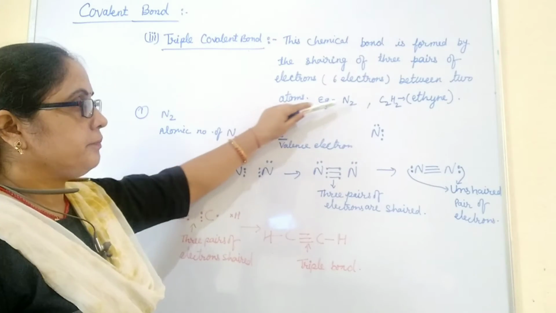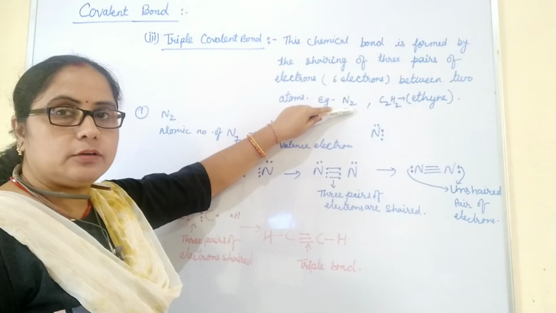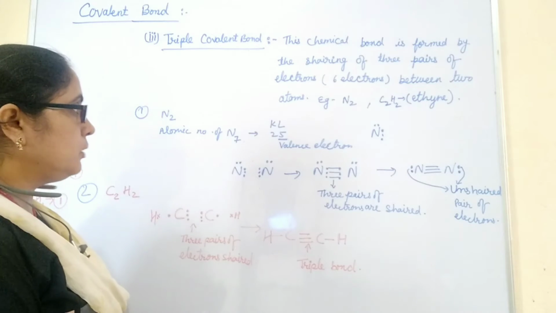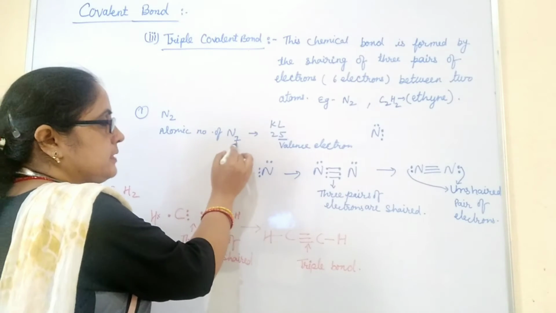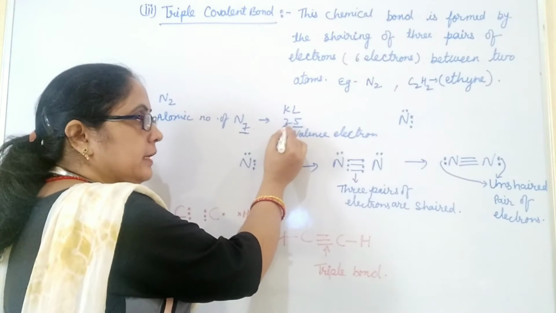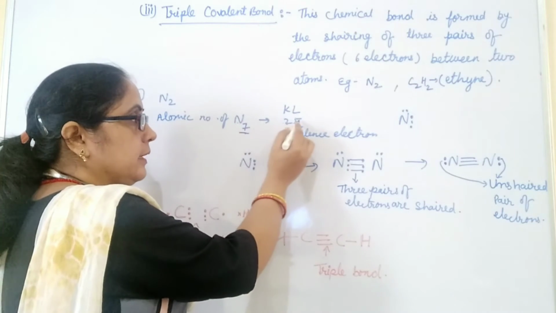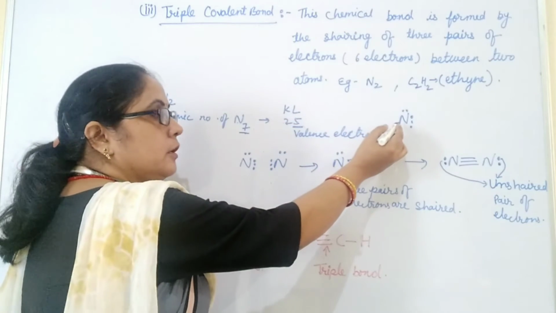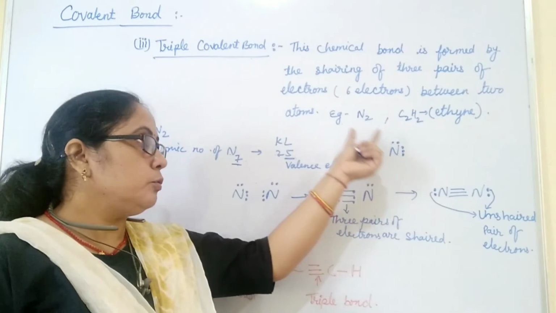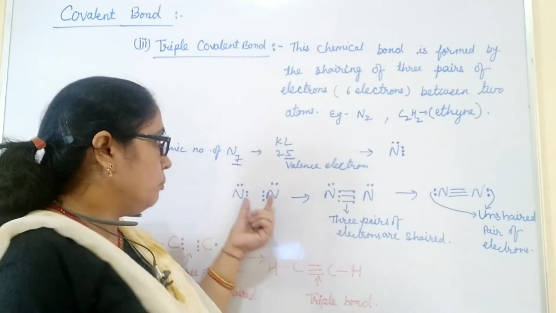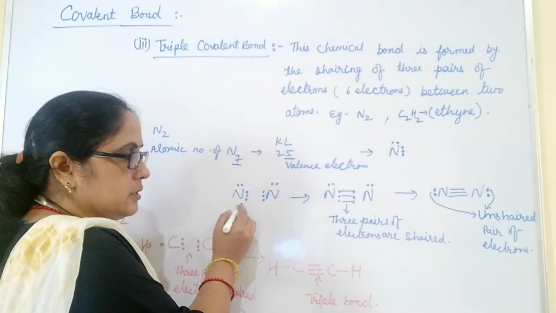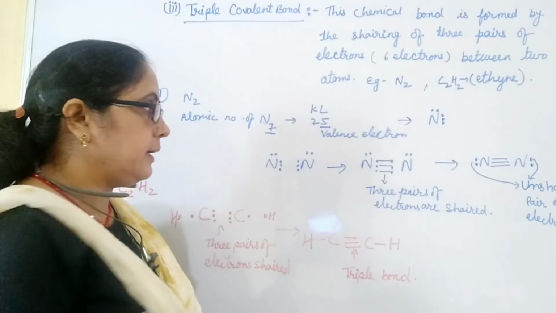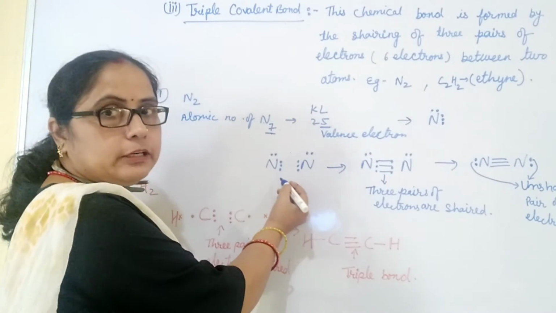The nitrogen molecule contains 2 nitrogen atoms. How do these 2 nitrogen atoms combine together to form a molecule? We know that atomic number of nitrogen is 7 and electronic configuration is 2 and 5. It means nitrogen contains 5 valence electrons, and we know that valence electrons are used to draw the dot structure. So when 2 nitrogen atoms combine together, both have 5 electrons, so they need 3 more electrons to complete 8 electrons in their outermost shell, so they share their electrons.